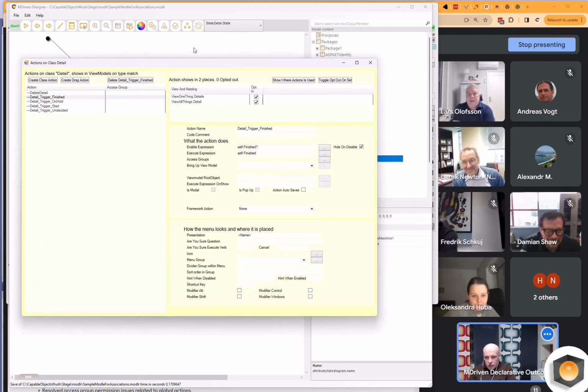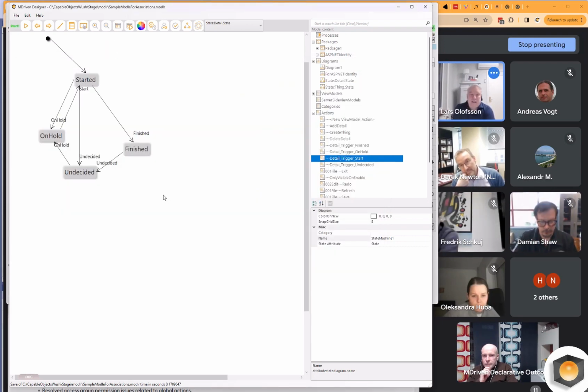Good. I'm a huge fan of state machines. Can I just mention, Hans, a couple of things that people should be aware of? Very, very powerful if you build enterprise software. And that is to not only use state machines in the UI for the users. State machines are great ways to actually let code run, both in the front end and in the MDriven server.